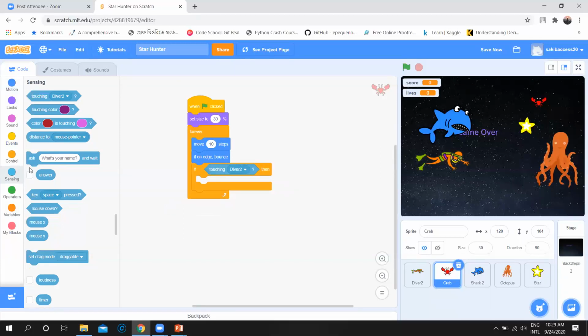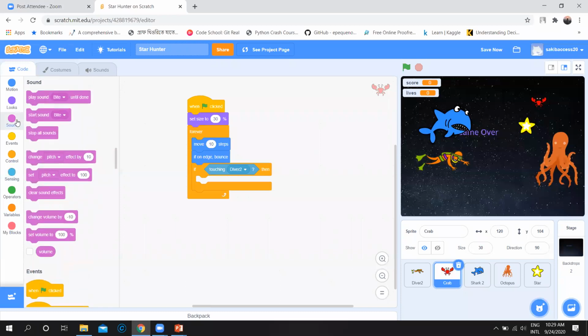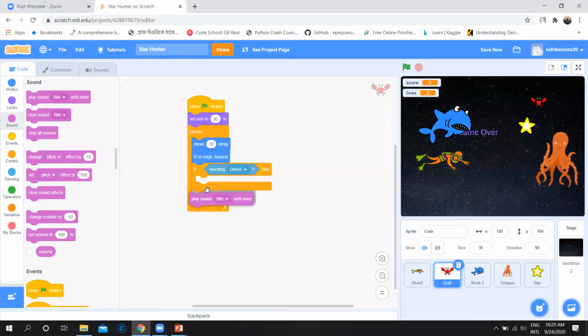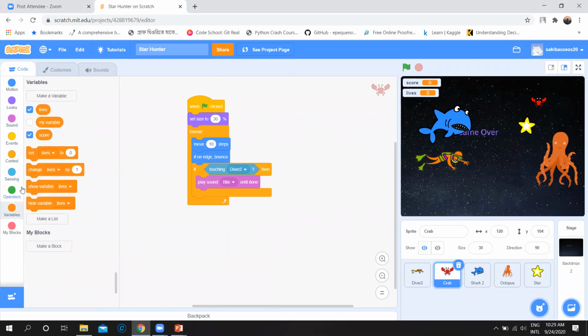Whenever this crab touches diver 2, first of all it will give a sound. Use play sound until done, and add this sound. Then decrease the value of lives by 1, because whenever it touches the diver, it should decrease the life value. Add change lives by -1.